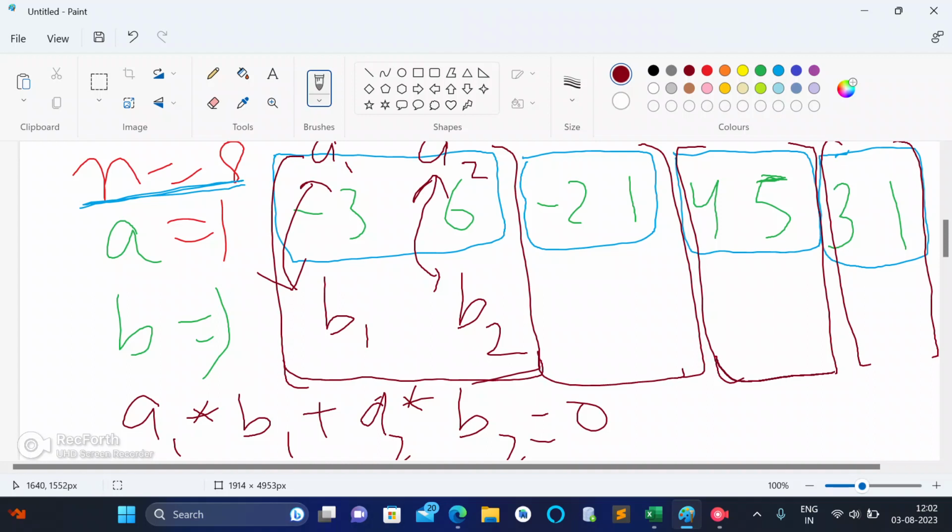So the summation of the whole sequence will become 0.